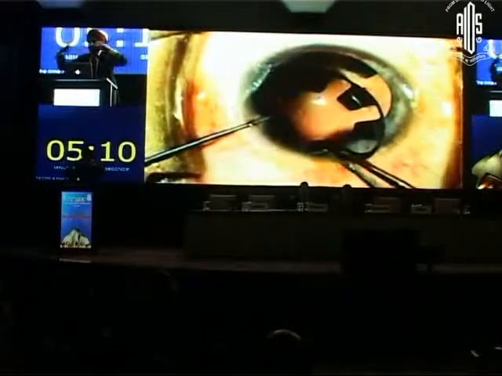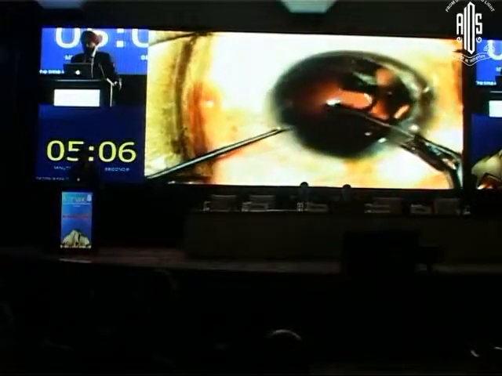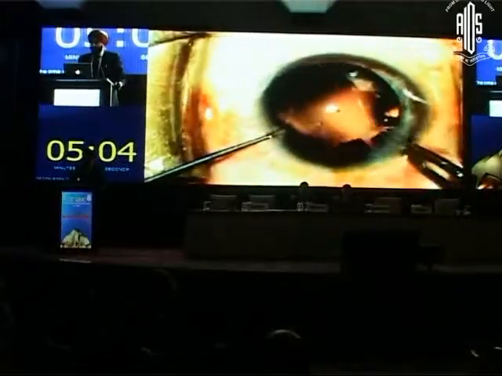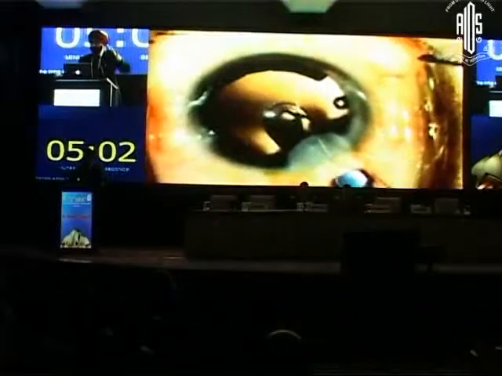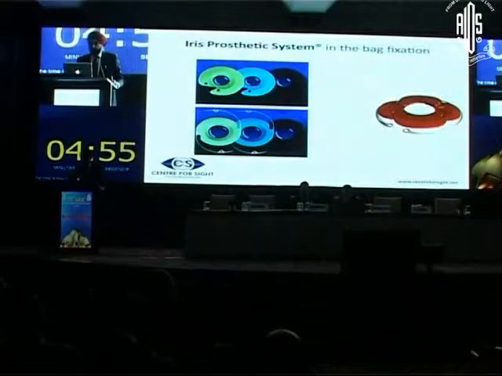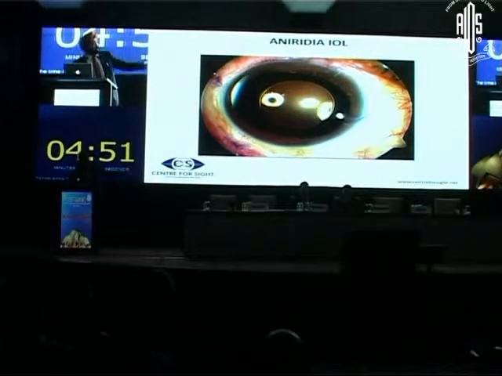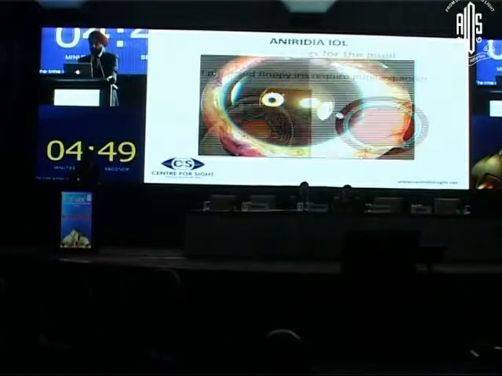So you have two of them intertwining with each other, and then you can go ahead and put the intraocular lens. So you can see this is one segment and the second segment that has been done. So you gently rotate it, and you can see now the IOL is being put. So this is a post-operative picture of the aniridic segments, and then you have iris prosthesis systems, and this is an aniridic lens that you can see which has been used in a post-traumatic case.